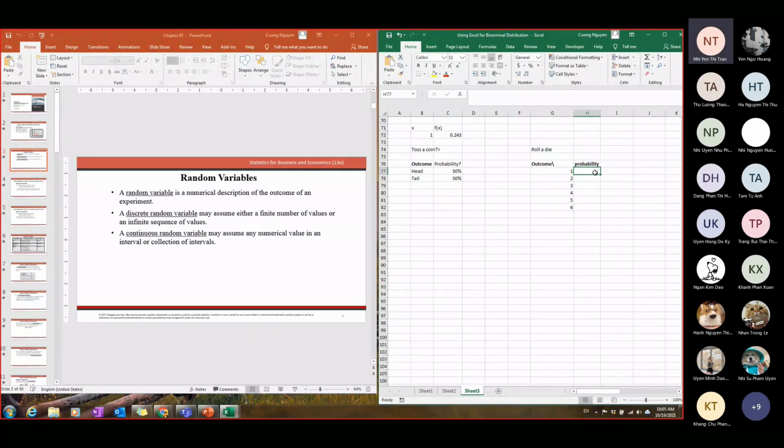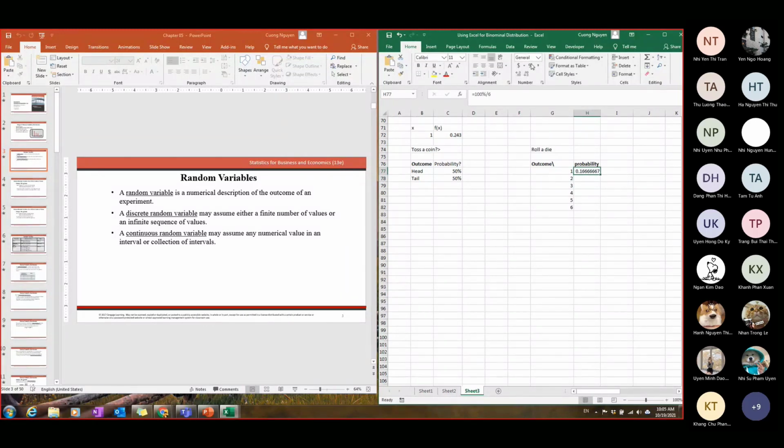16.66. Okay, why do you think that? Why did you get 16.66? How did you calculate it? I take 100 divided by 6. Okay, 100% for all of them, right? Because there are just 6 outcomes, so in total it should be 100. But 6 of them have equal probabilities, so we divide by 6.